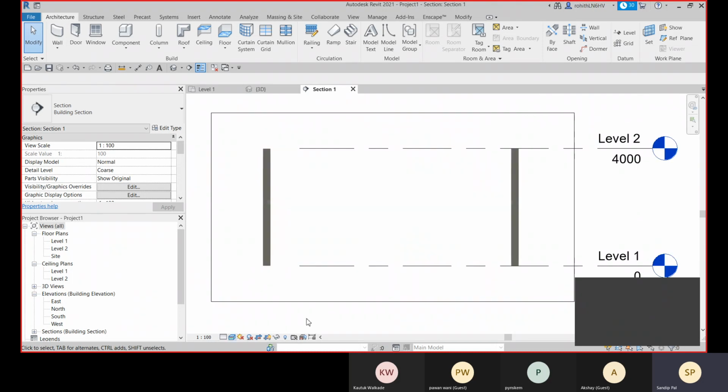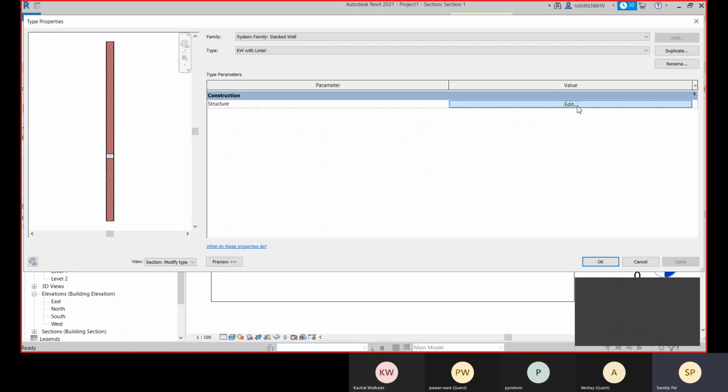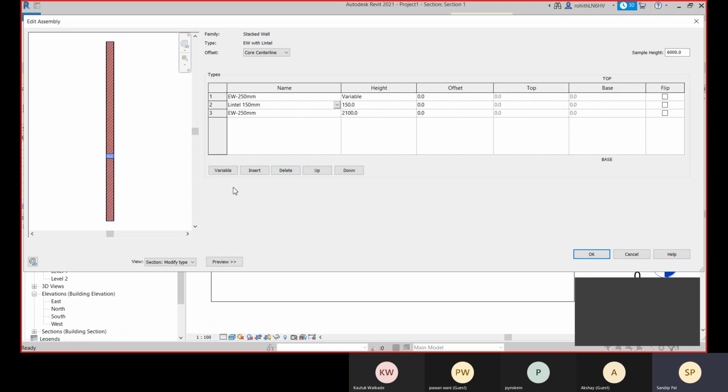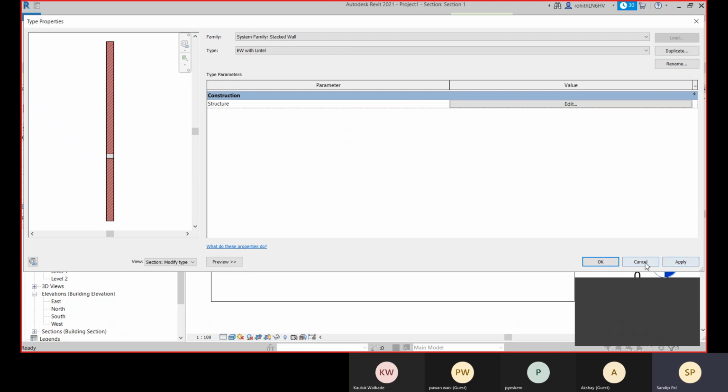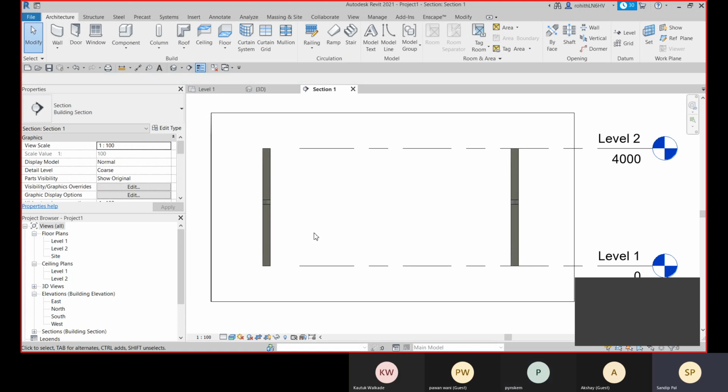So this is the stacked wall. Go to its edit, and if you need to change anything, you can apply for it. Okay, so this is how we will create our walls.